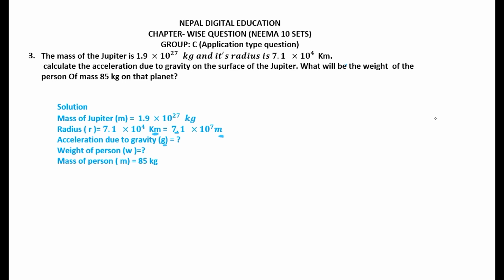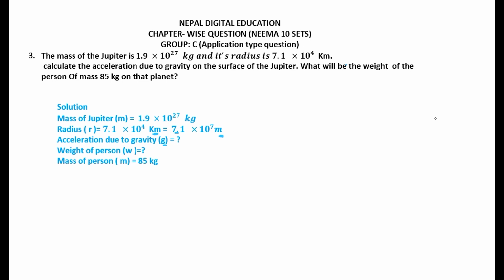And there is second case also. What will be the weight of the person of mass 85 kg? So mass is given and we have to find the weight of the person. So weight W equal to what? So first of all find the value of g, and we have m and r and we have to find the value